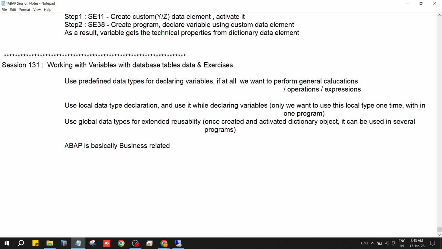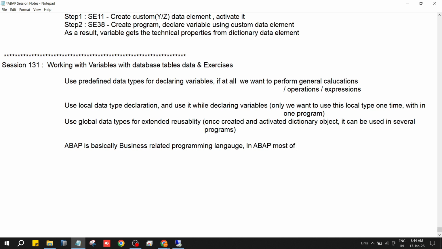SAP is a business software. SAP proprietary programming language ABAP deals with business related programs. Business related programming language. This is already given at the initial level. Yes. So, in ABAP,